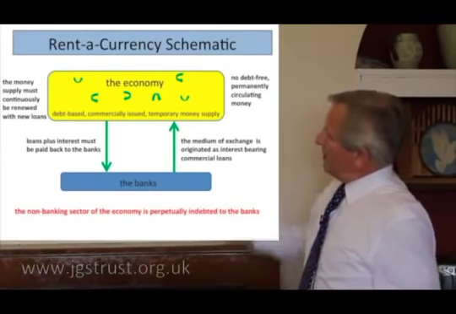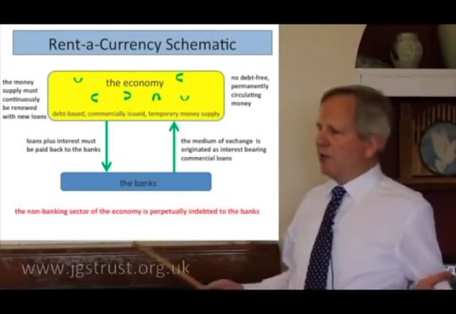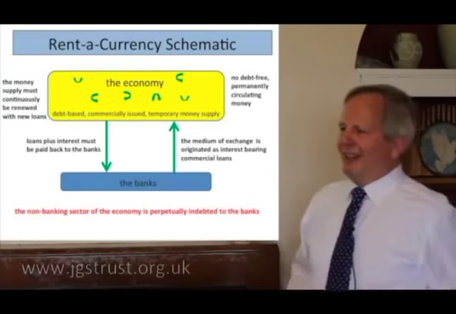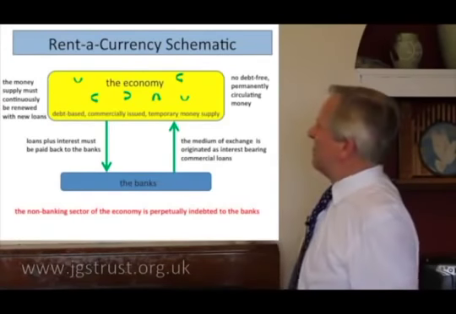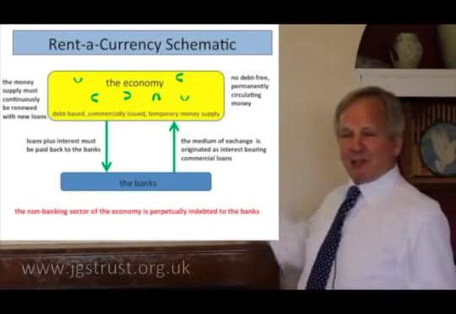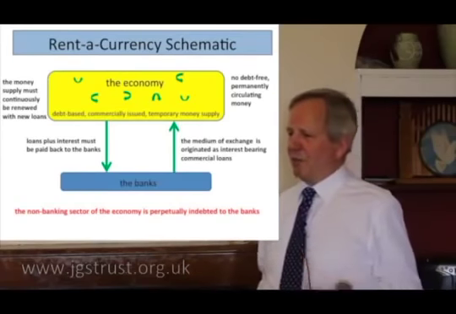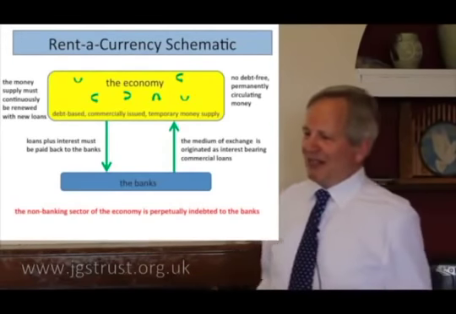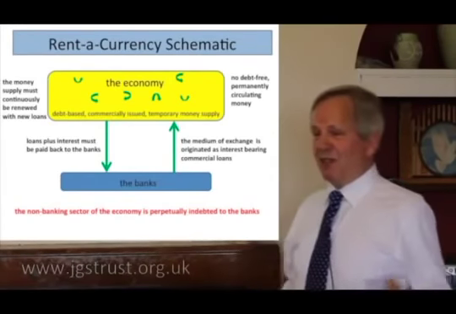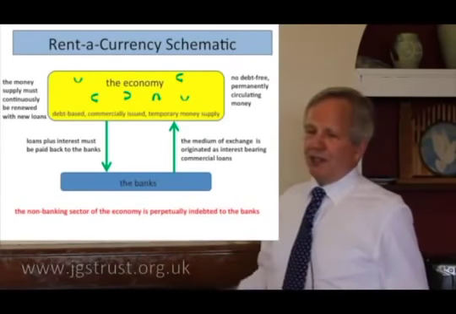So the banks extract wealth from the economy by renting to us a bunch of numbers. It's quite a good business, isn't it? And of course the numbers they get back as interest are just as good as any other numbers, and they can spend those numbers back into the economy. And you'll notice bankers have pretty good cars and bonuses and houses and so on. Oh yeah, they accumulate a lot of wealth by charging us to use their numbers.